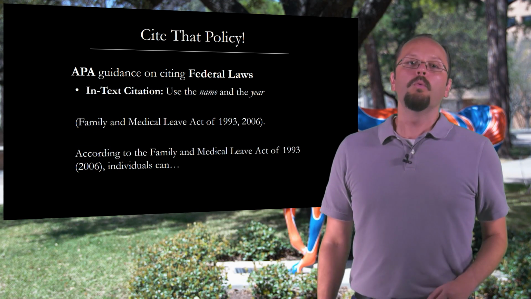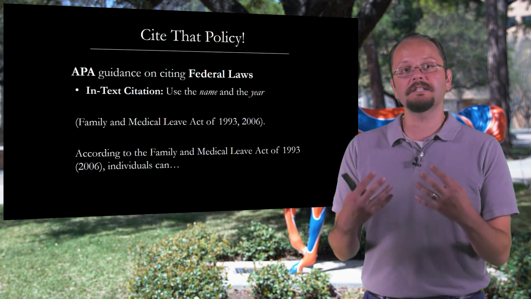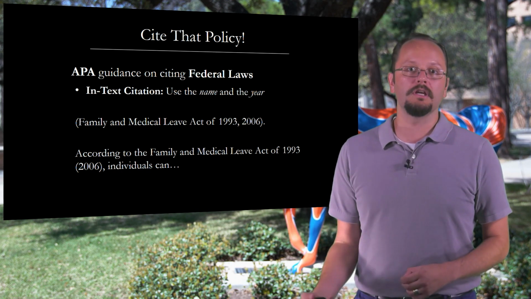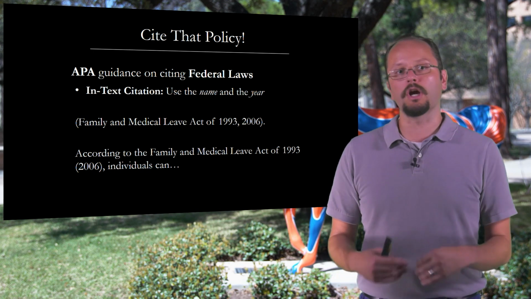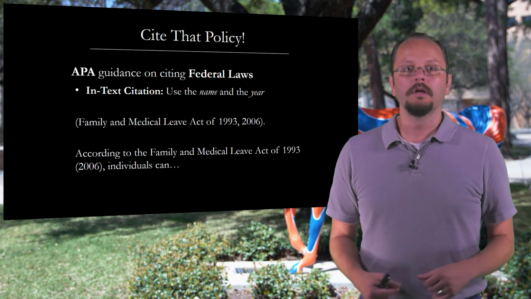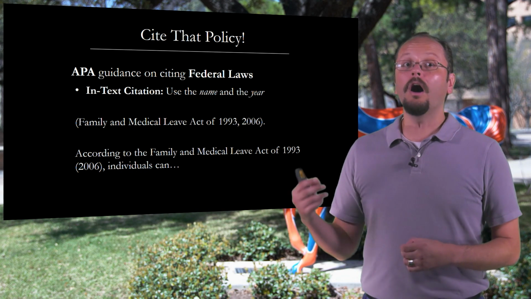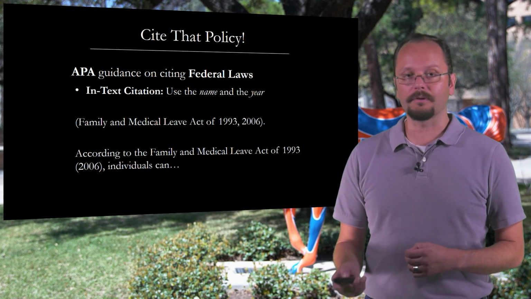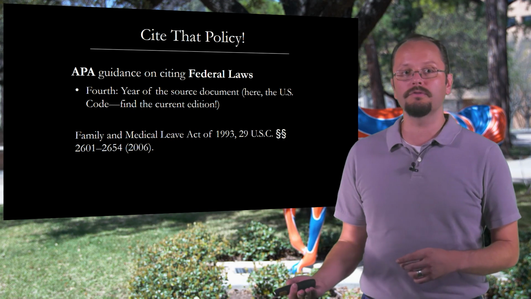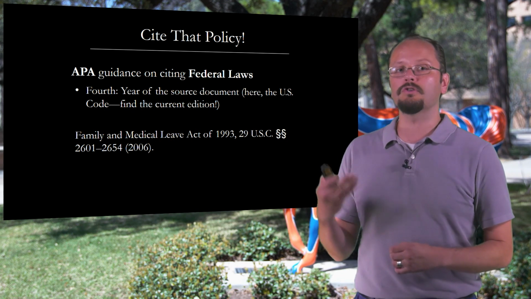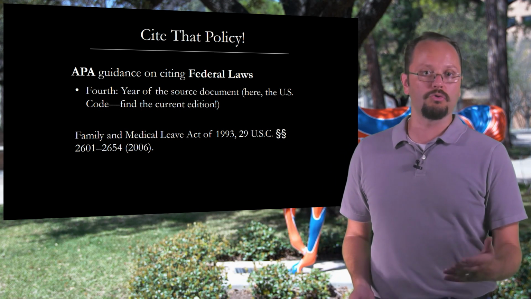All right, so we can use that reference entry to figure out what we put in the in-text citation when you use this in your document. In the in-text citation for a federal law, if you're not quoting, if you're just referring to it, you're going to want to use the name of the law and the year of the U.S. Code. So remember, in the reference list entry, we had the name of the law, some other information, and this year of the U.S. Code. Notice that in the reference entry, it's only the U.S. Code's year that appears in parentheses, and that indicates that that's the year of the source when we use it